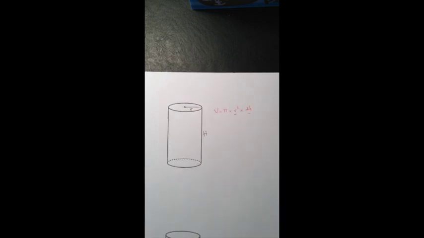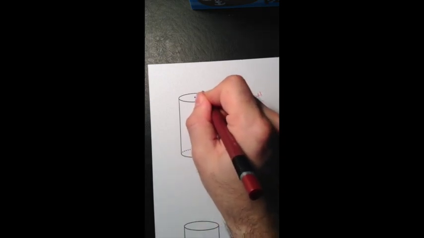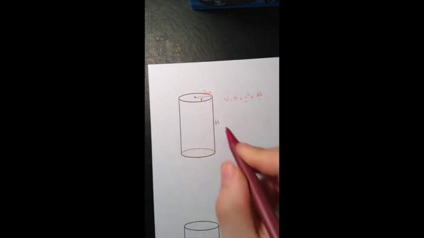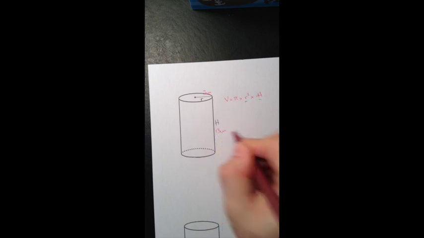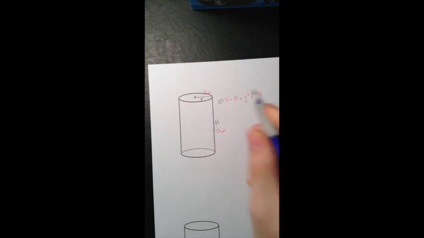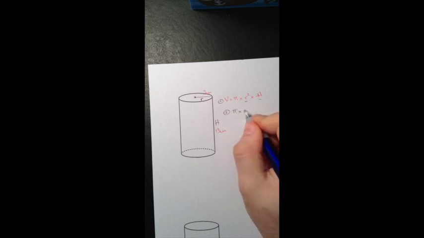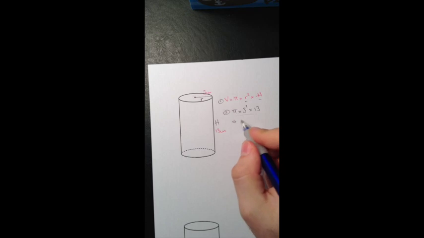So let's use the same picture here and give this diagram some numbers. Let's say that our radius is going to be 3 centimeters and our height will be 13 centimeters. Again, we've got our formula, and we substitute the numbers into it. So we have pi, which stays as pi, it's on your calculator, times the radius squared, which in this case is 3 squared, times the height, which is 13. If you write this into your calculator just as it is, in that order, you come to an answer of